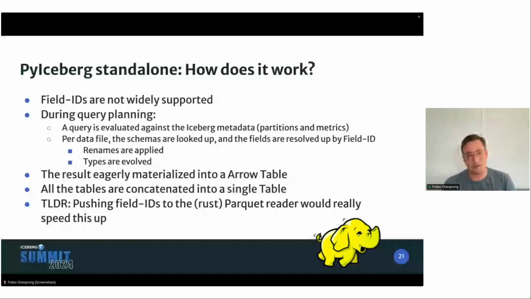So what we do today in PyIceberg is that for each of the Parquet files, we create an Arrow table. And then we concatenate all these Arrow tables into a single table. This is because all the Parquet tables could have a different schema if you do a lot of schema evolution. This is not supported right now. I think at some point, especially when Iceberg-Rust gets more mature, we could push this into Iceberg-Rust, and that would make things much easier. This is the big yellow elephant in the room.